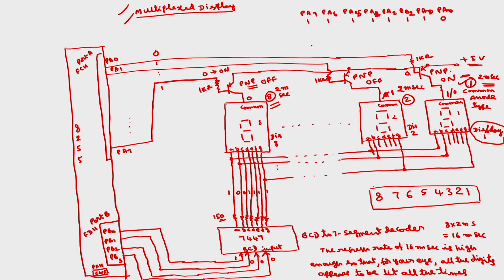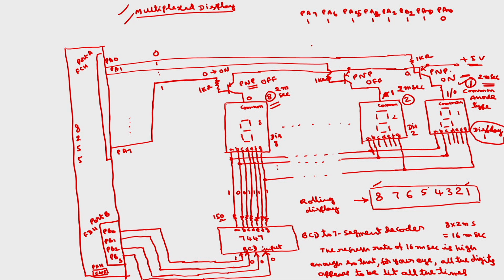Now, what is the program required to display 1 to 8 on the 8 seven-segment displays? I will discuss the program. If I want to display this one for some time and rotate it, 1 here, 2 here, we can extend this program to a rolling display. You might have seen rolling displays at many places, such as advertisements rolled at some rate. You can extend the same logic to design a rolling display also.